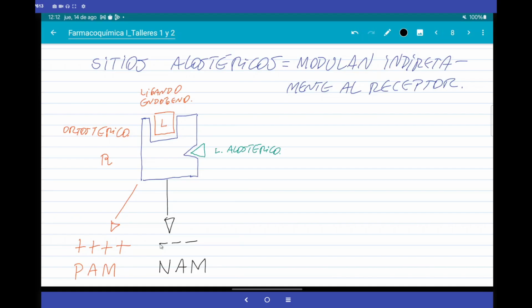Medicinal chemistry is using this a lot today. It is being sought a lot because it turns out that it is less invasive than creating a molecule that acts on the orthosteric site. That more physiological effect is softer, so to speak, so that today it is a tremendous field of exploration, and there is another reason. The first reason is that it is less invasive, and the second reason is that the most common membrane receptors, and the most used for the design of drugs, are those known as G protein-coupled receptors, or GPCR.